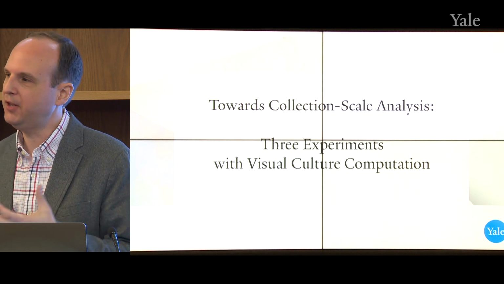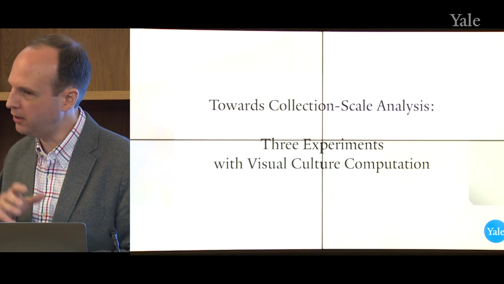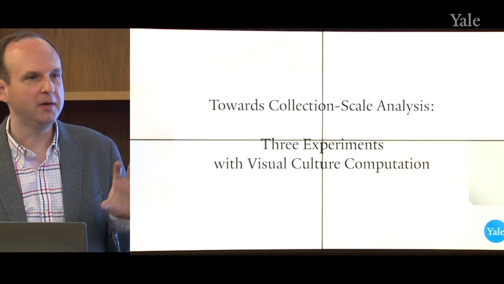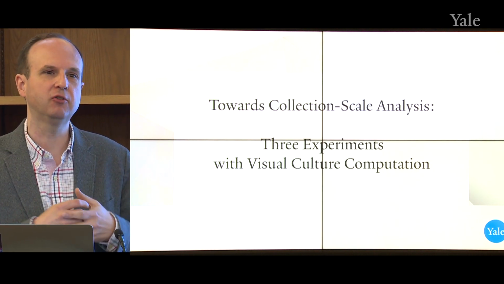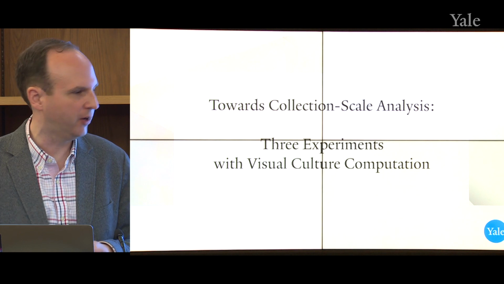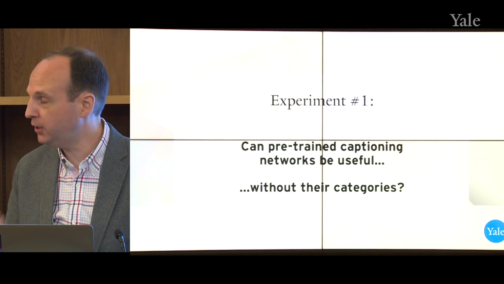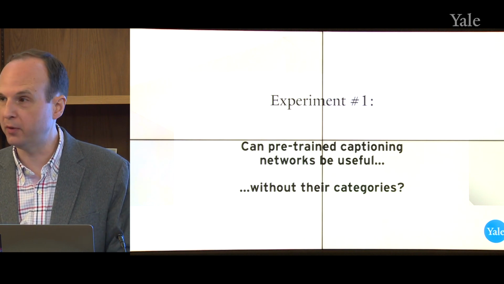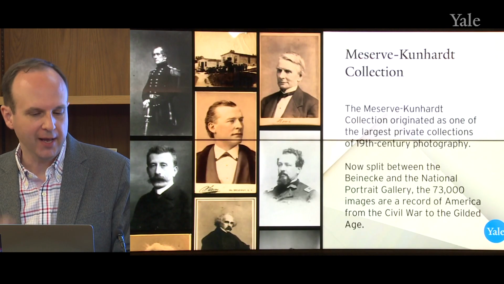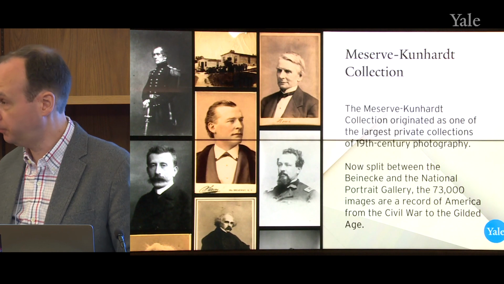What are the ways that we can take the advancements that are allowing me to find all the cats I've ever taken pictures of, but not miscategorize the 19th century or describe something in a very inappropriate way? So we're going to start with the first one, which is specifically, can these pre-trained captioning networks be useful without their categories? In order to answer that question, we took a collection which is actually split between the Yale